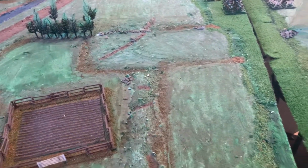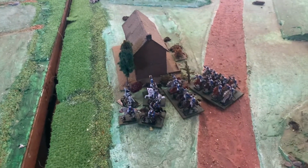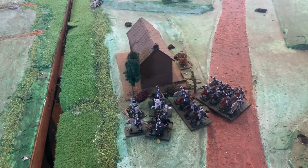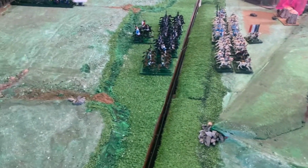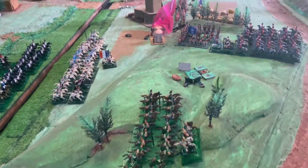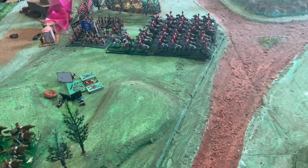This is the end of move number 4 only, and already the battle is being joined. The KGL Hussars have really got out on the flank and avoided the heavy cavalry. There's the dragoons, cuirassiers, followed by the horse grenadiers charging up. The Scottish troops there have formed a square, and no doubt the Scotch Greys will be forming into line in